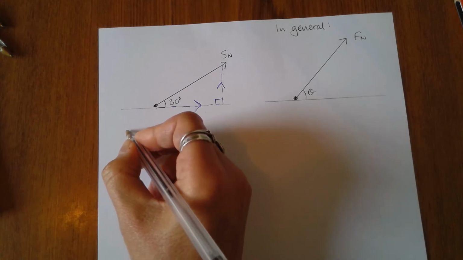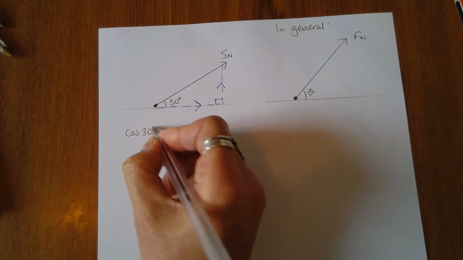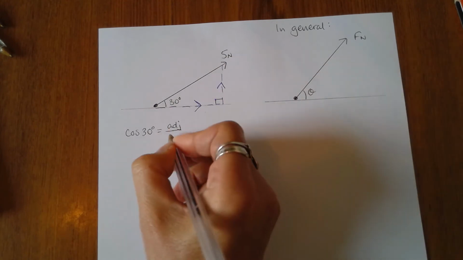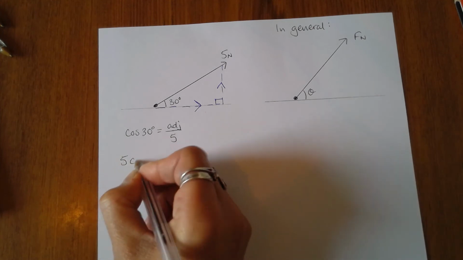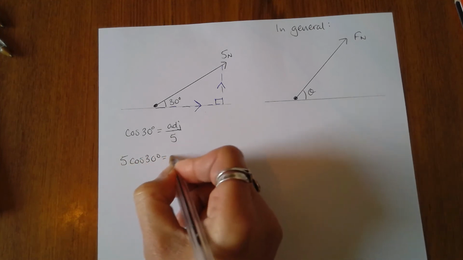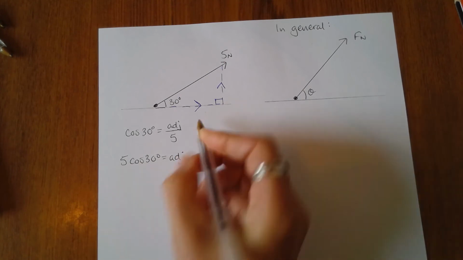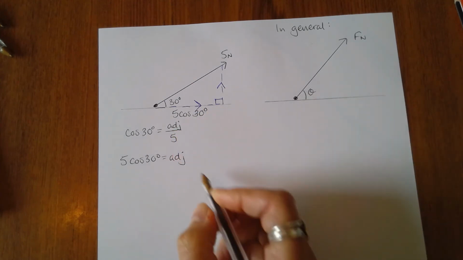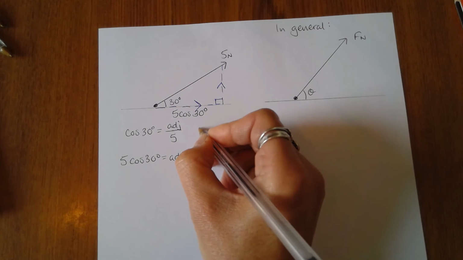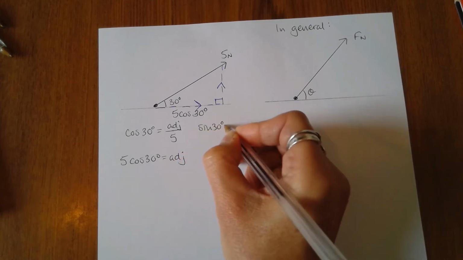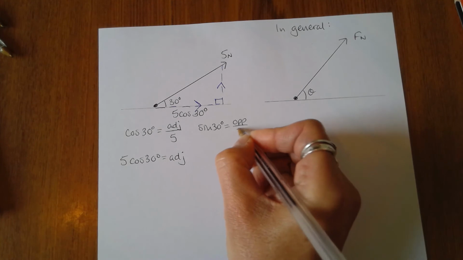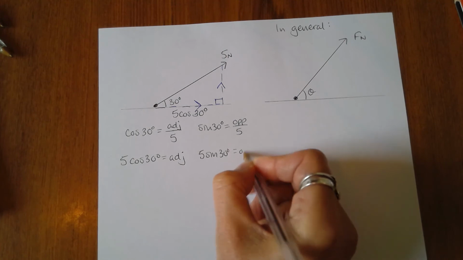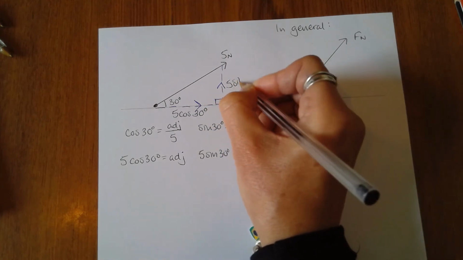So just using cos of 30 equals adjacent over hypotenuse. The hypotenuse is 5. I can rearrange that to give an expression for the adjacent, 5 cos 30, and I can write that 5 cos 30 on there. Similarly, I can do the same for the opposite side. Sine of 30 is opposite over hypotenuse, so the opposite is 5 sine 30, and I can write that on